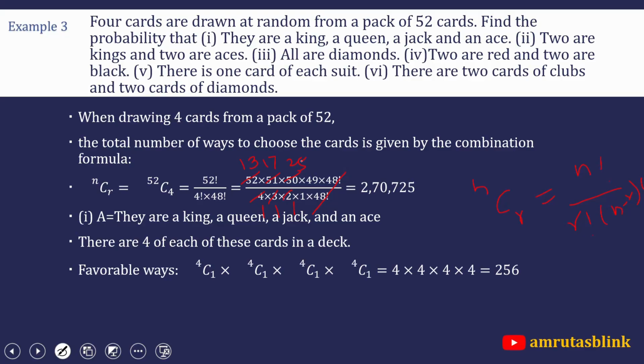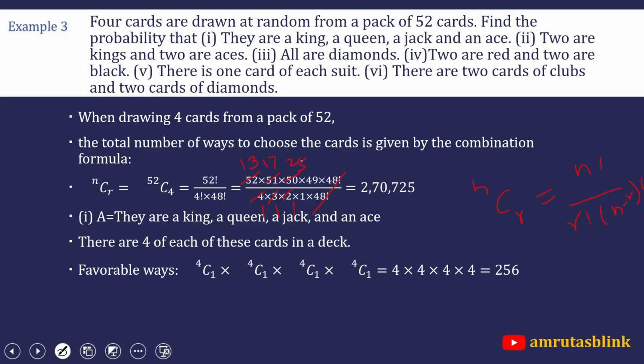Now we want 1 king, 1 queen, 1 jack and 1 ace. So how many possible favorable ways are there? We can select a king from 4 kings, that is 4c1, then a queen from all 4 available queens, that is 4c1 again, a jack from all available 4 jacks, that is 4c1, and an ace again from available 4 options of ace. So 4c1 into 4c1 into 4c1 into 4c1. Now 4c1 is always equal to 4, hence we will have 4 into 4 into 4 into 4, which is